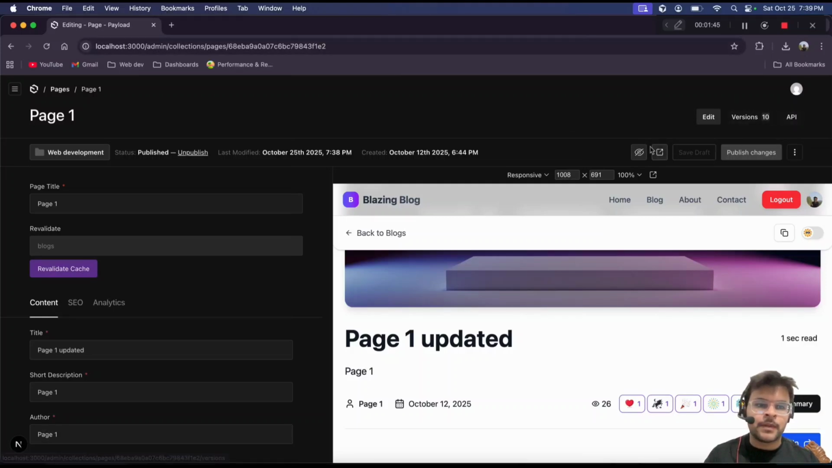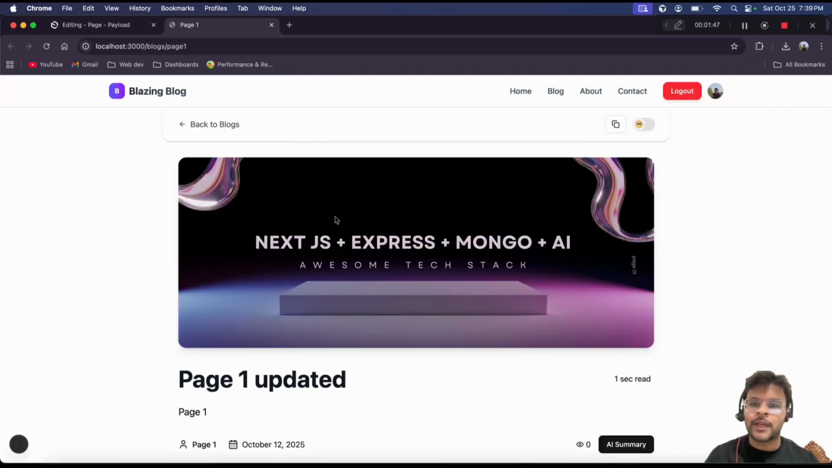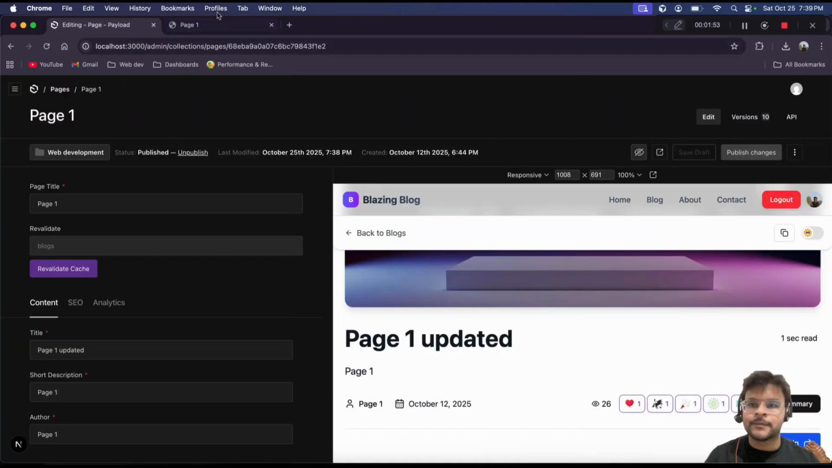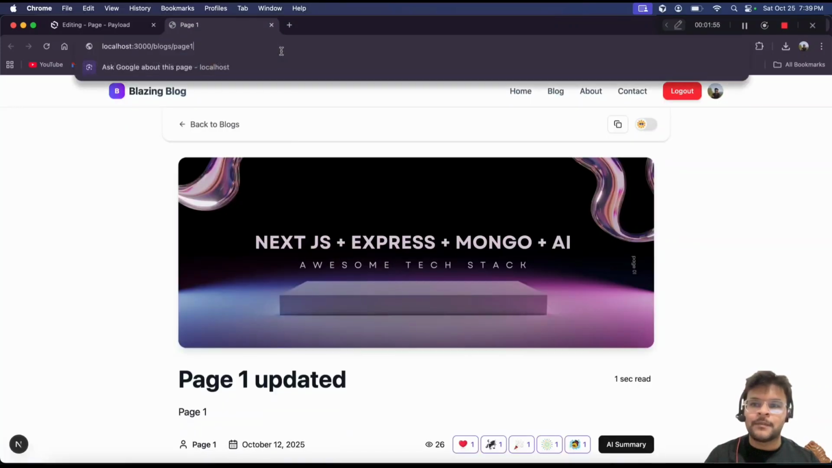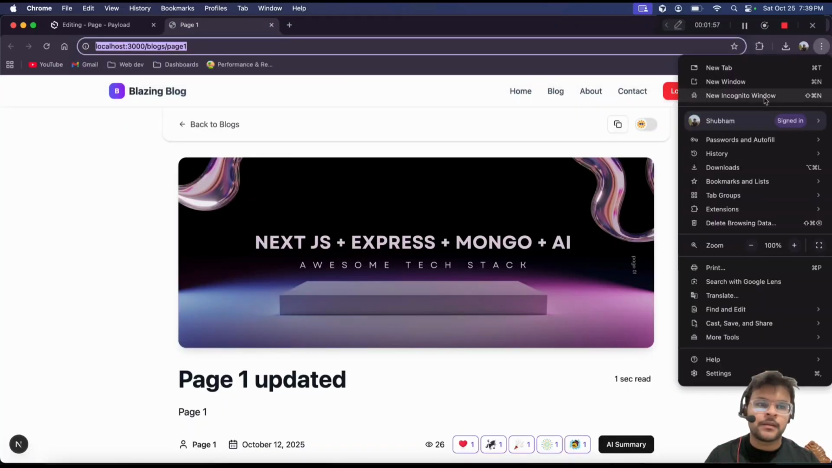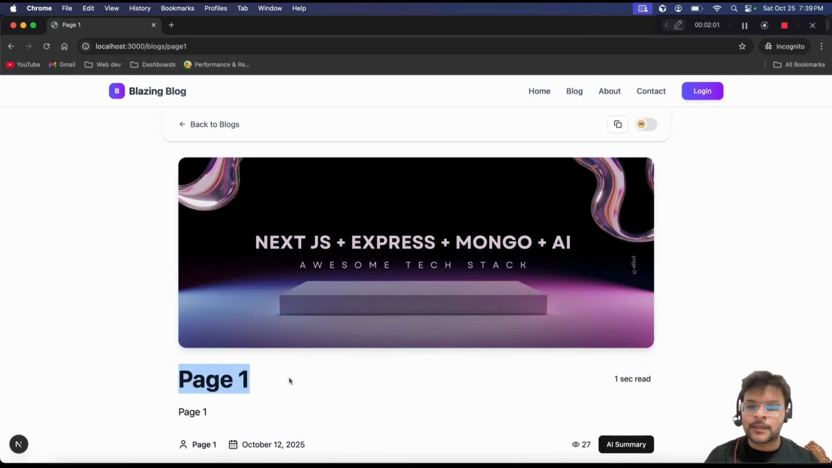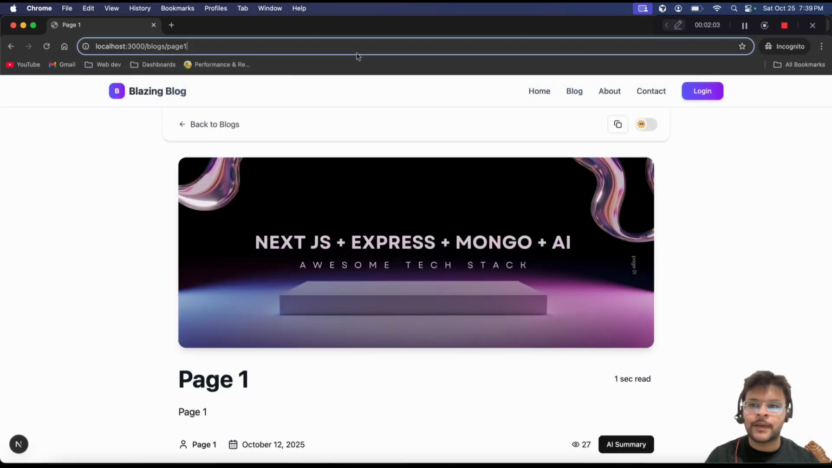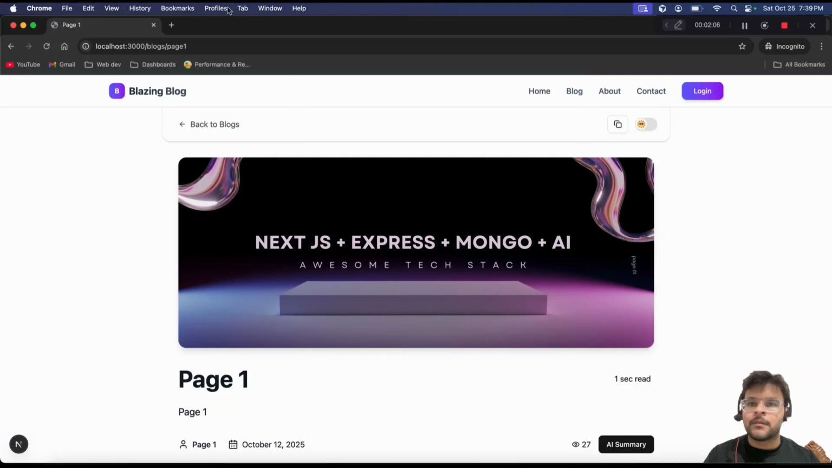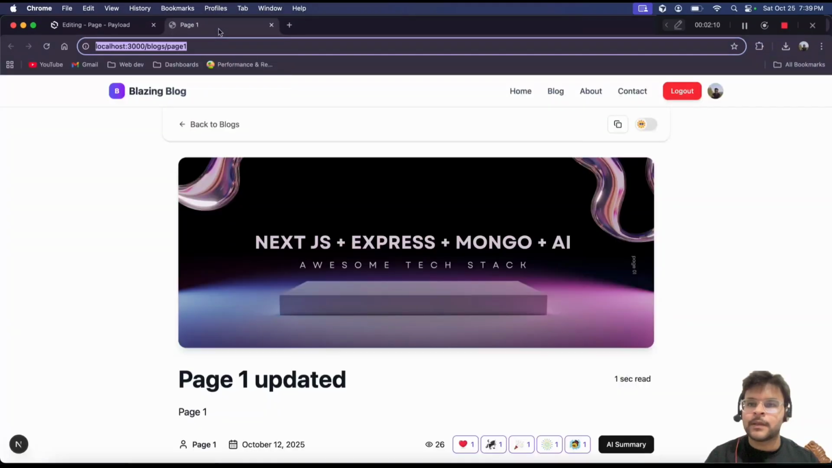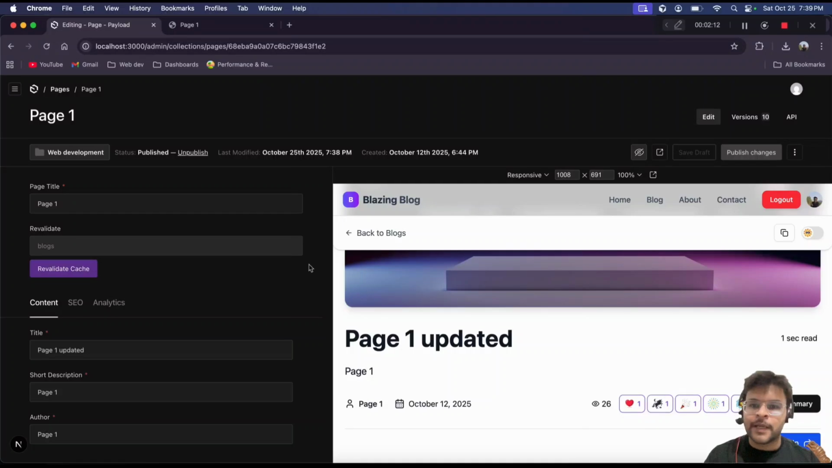So let me open the preview mode in a new tab. So here as well it will show since I am in the same browser which I am logged into my Payload dashboard. But let me check the page in this incognito mode. So here if you see, it's still showing the stale data even if I refresh. And if I go back to the dashboard, and click this revalidate cache,